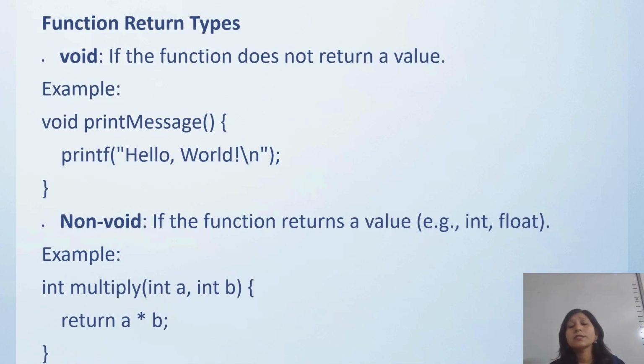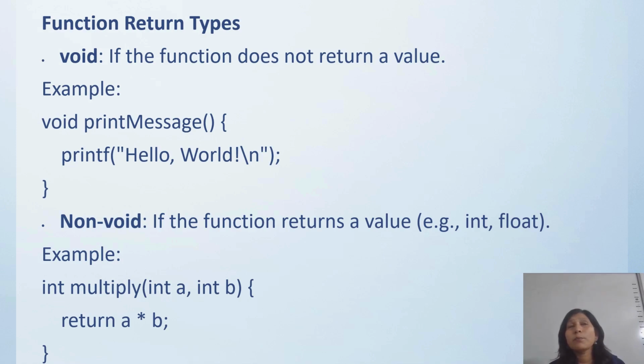Next, we will understand function return type. So what is basically a function return type? As we have seen in the previous slides, the function return type is basically the type of value that a function actually returns. So it can be void or it can be non-void. By void we mean a function does not return anything. When a function simply performs the operation but does not return anything to the calling program, then it is declared as void. For example, void print message, and inside this particular function, hello world is printed,